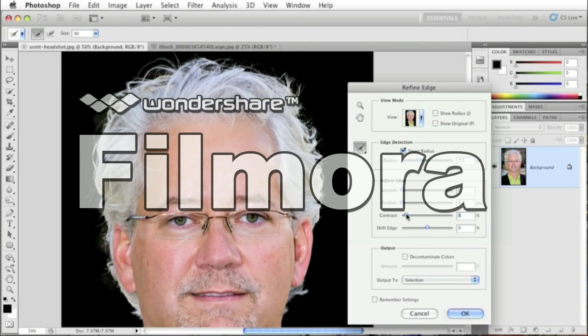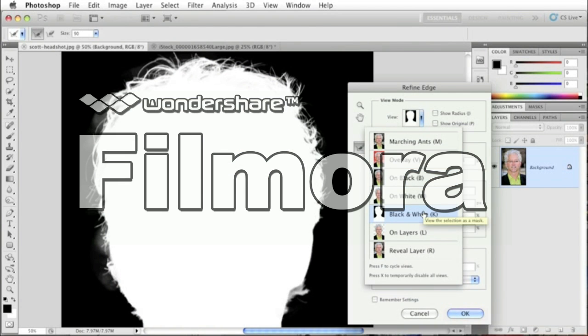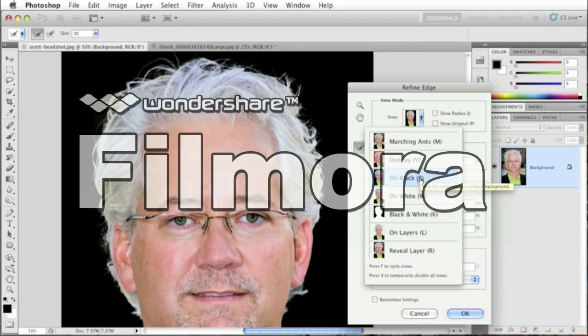That may or may not help. I think in this case it does help a little bit. I might feather just a little tiny bit here. I'm liking the way that's looking right now. Now what I would also do is right away just go and check this, and that looks at the actual mask itself, and it points out a couple of minor places I might need to change, but overall that's pretty